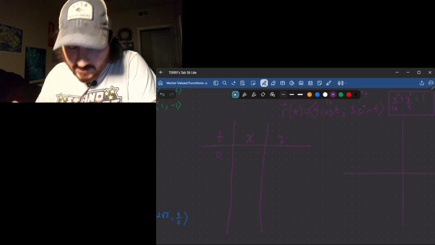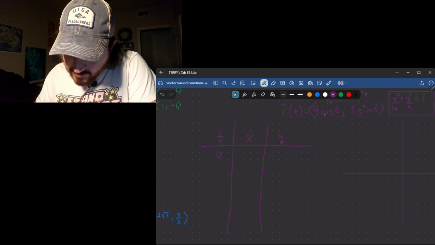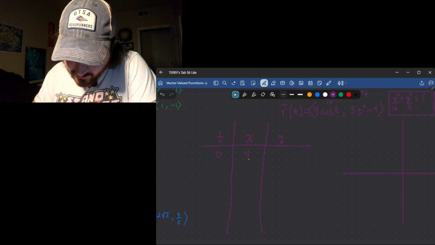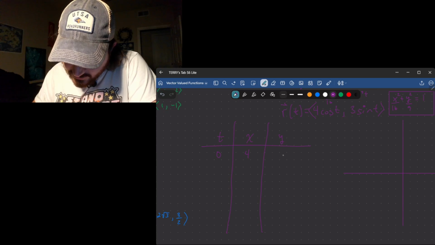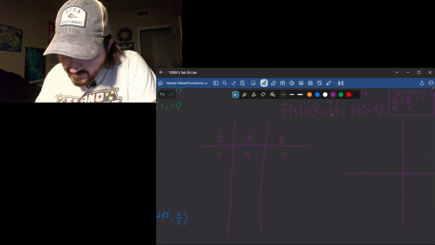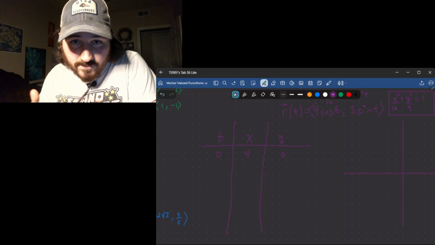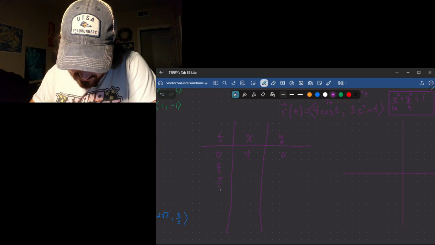Start at something easy. Okay, so when I plug in 0 here, my x component, I get cosine of 0, which is just going to be 1 times 4, so I get 4 in my x component. In my y component, I'm going to get sine of 0, which is 0, so that's just 0. Well, let's do easy values that we know, right? So this t isn't being multiplied by anything, so we can just use our first couple unit circle values. So let's use pi thirds and pi quarters and pi sixths and